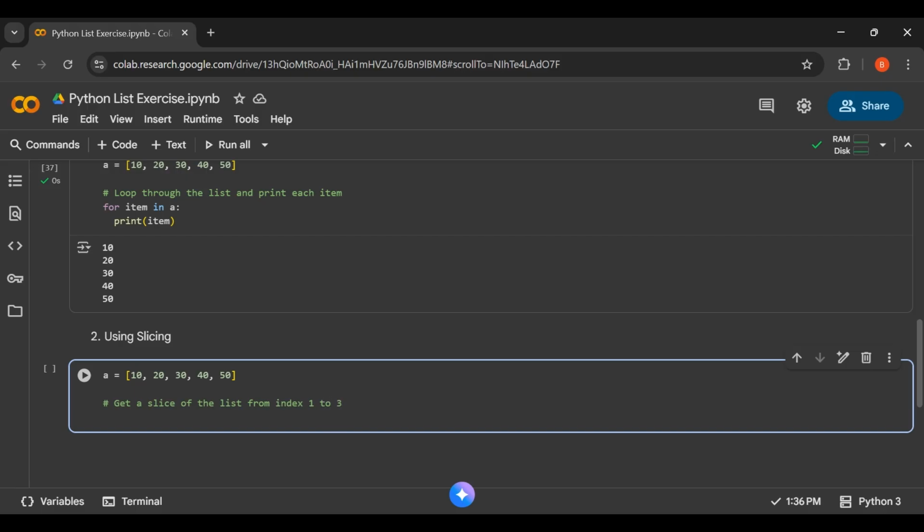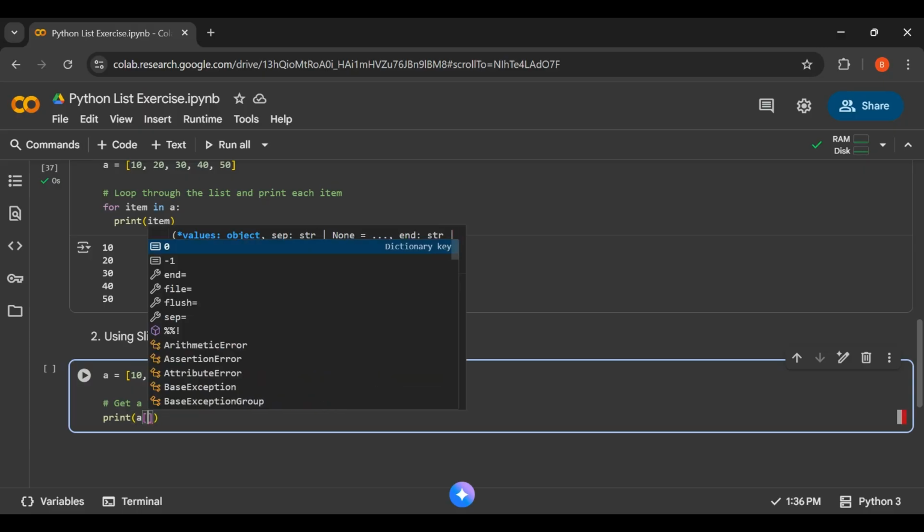So from index 1 to 3 means 20, 30, and the 40. This is the zeroth index, first index, second index, third index, and fourth index, right? So that is what we want. So what we will do, we will write a syntax, print a, and under this you